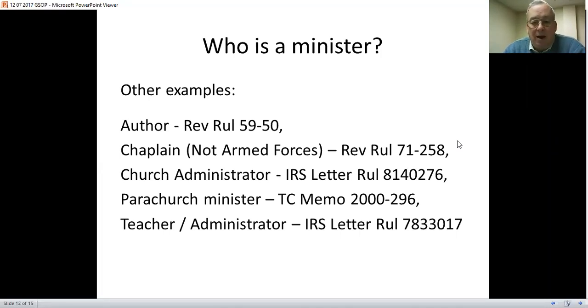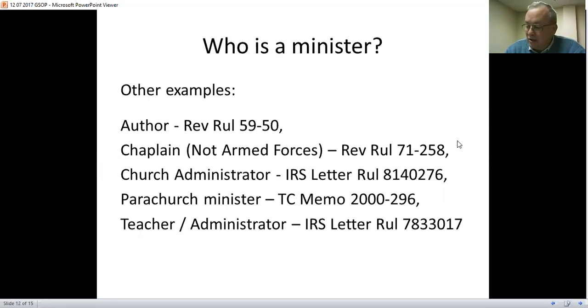So you can be an author, and I think of some of our brethren who have over the years authored various publications, either editors or authors. That work is deemed to be work being done as a minister. Chaplain. Now, we talked earlier about the capability of somebody to be a chaplain and it be considered minister work,